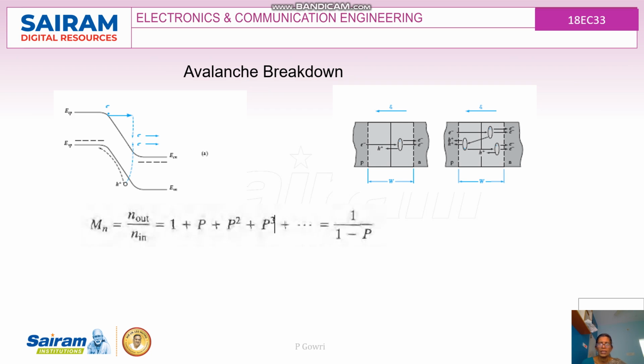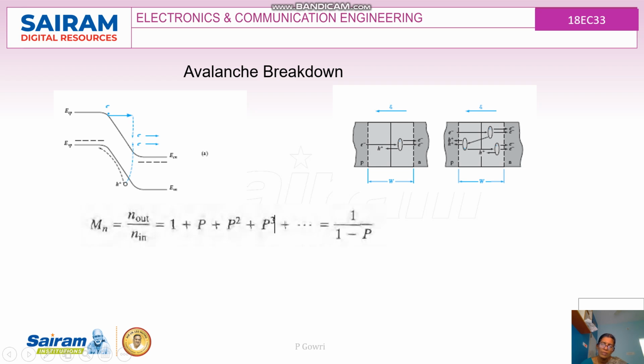So here in this diagram, we can see that the electron which is coming inside the transition region hits the covalent bond, and because of that a hole is formed, and also an electron will be formed. So one electron when it hits results in two electrons and one hole. Similarly, these electrons and holes may hit other covalent bonds present in the transition region. Because of this multiplication process, there may be many electrons and holes.